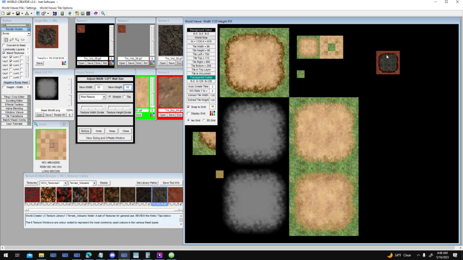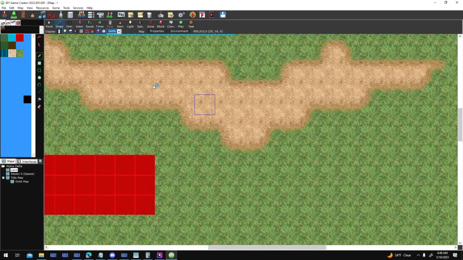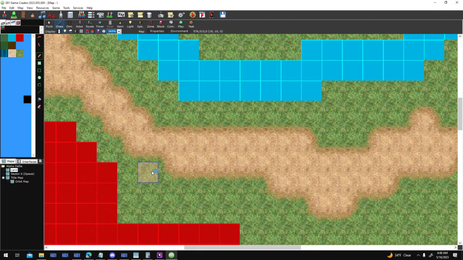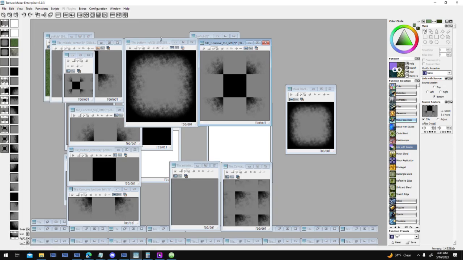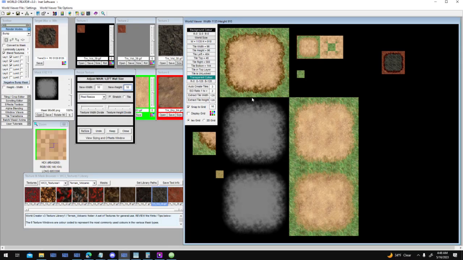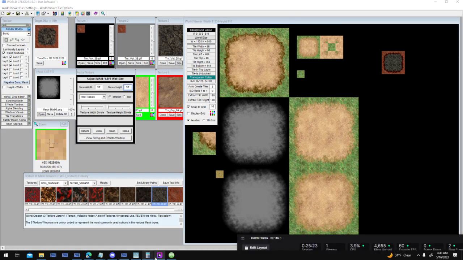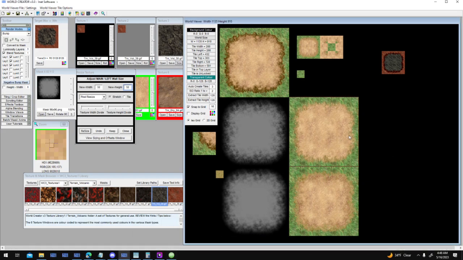It might not work with such small tiles, but I'd also have to increase my zoom level if I want to use bigger tiles, I think. I can import tiles bigger than this size, but for now I'm just going to stick with the 32 by 32, so I can use these 96 by 96 masks. With, let's see,